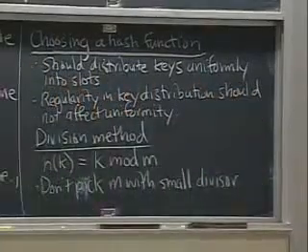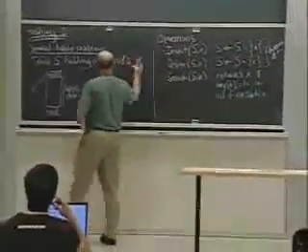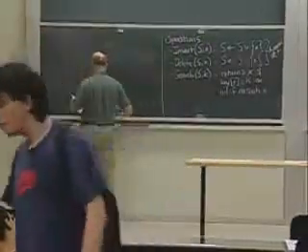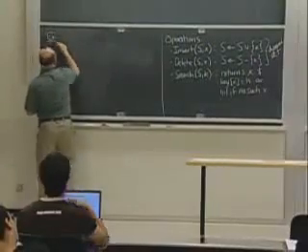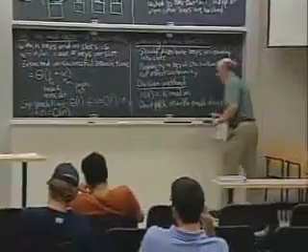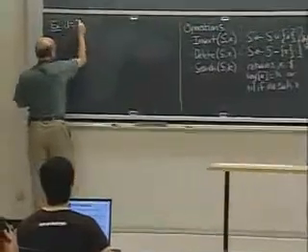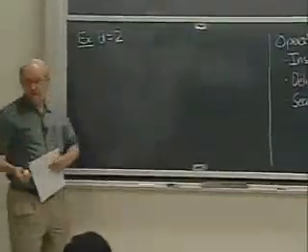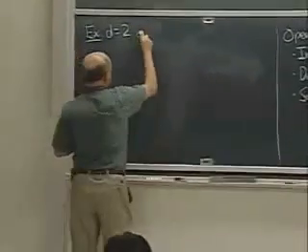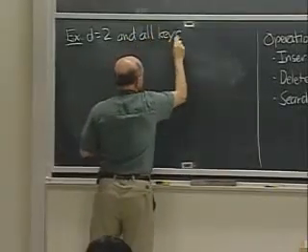Okay, and let me illustrate why that's a bad idea for this particular hash function. Oh, I should have said small divisor d. So, for example, if d is 2, in other words, m is an even number, and it turns out that we have the situation I just mentioned, all keys are even,